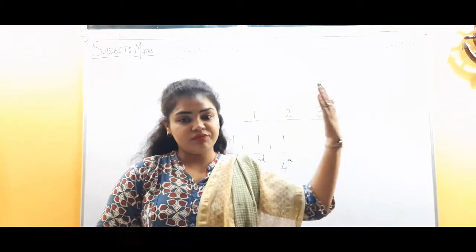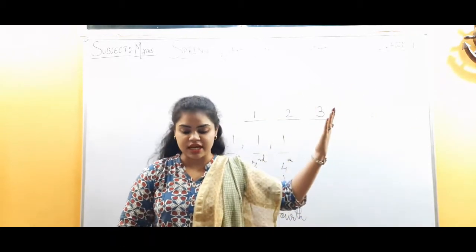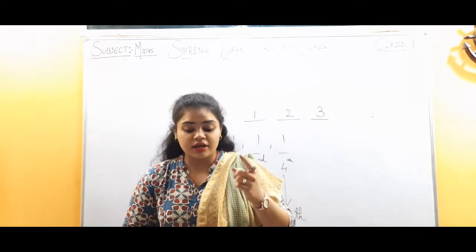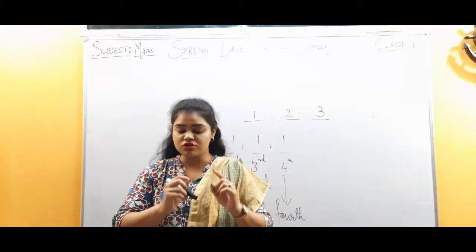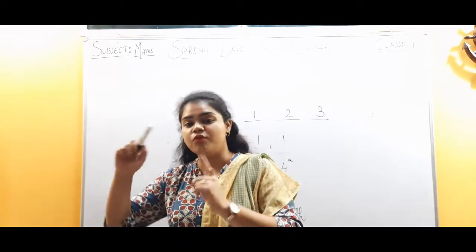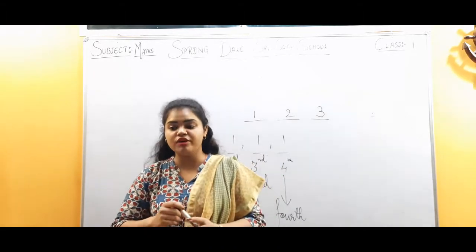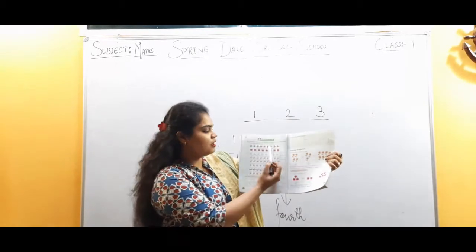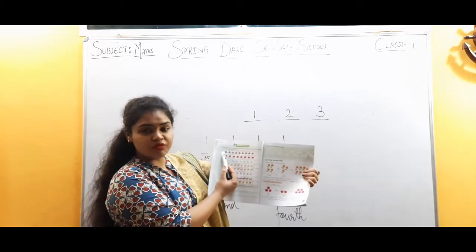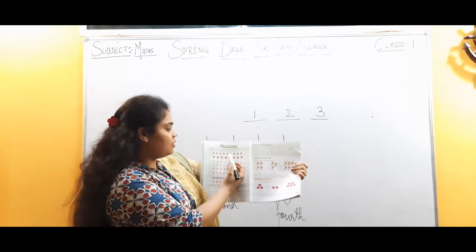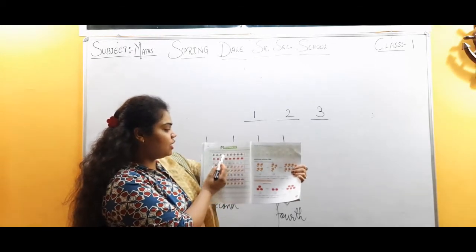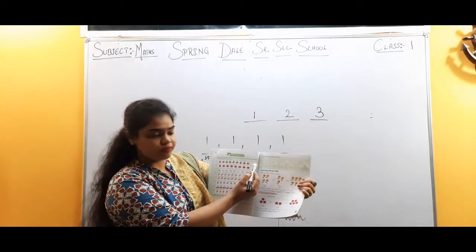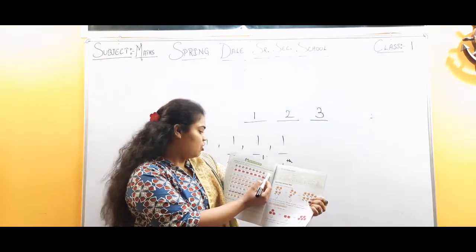When we are starting from this side, the left side, in between there is one cross marked. Till that we have to count and just write in the box what is the number on which the cross has been made. So look in your textbooks, everyone. In the first one, we will start from the left side, from this side. 1, 2, 3 and 4. On the fourth fish, we have one cross made. So in the bracket what will come? 4, and we have to write the spelling of fourth.